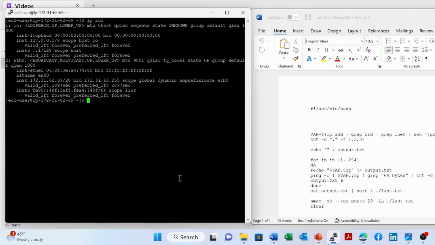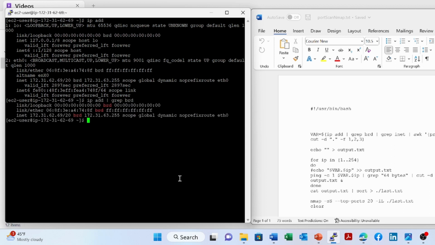So from there, I can use grep brd to use this signature in the output to pick up our IP address. The IP address is right after inet,